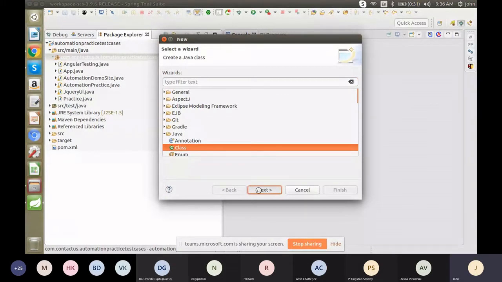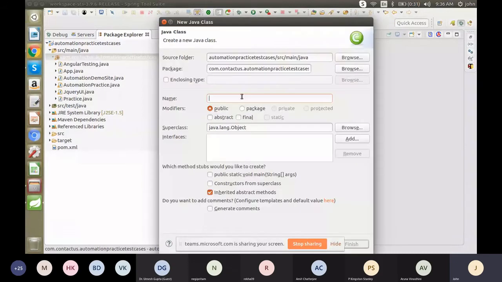So we have to give some name. Let me give AutomatingShoppingCart. Also, we have to choose the main method, public static void main String args. Let me finish this.